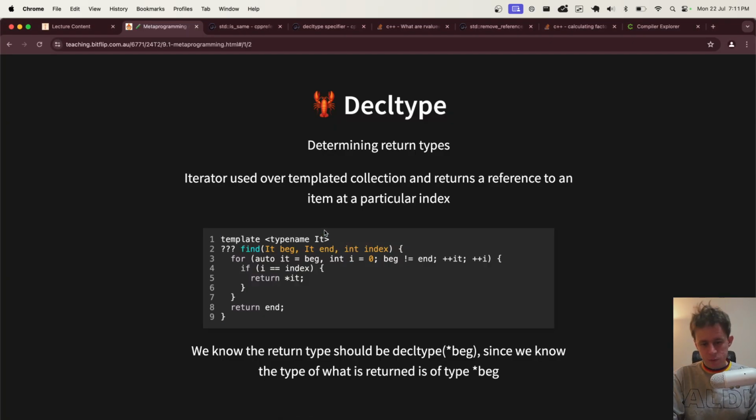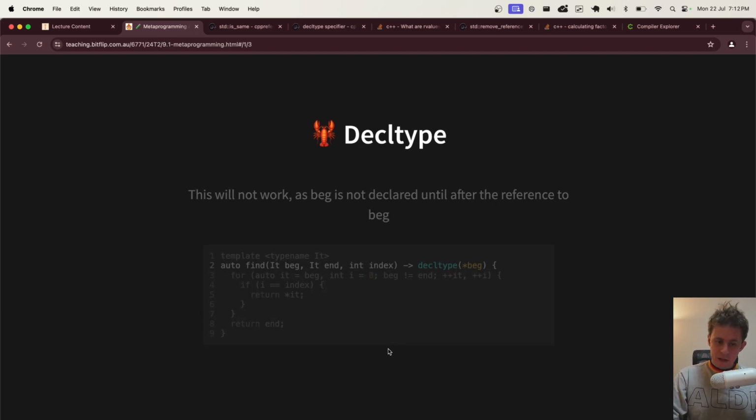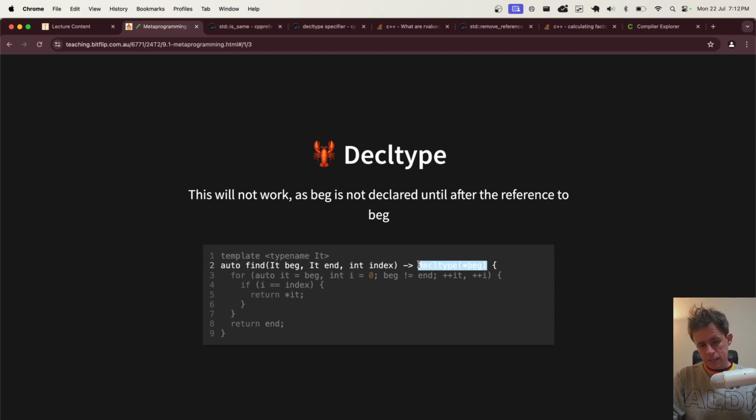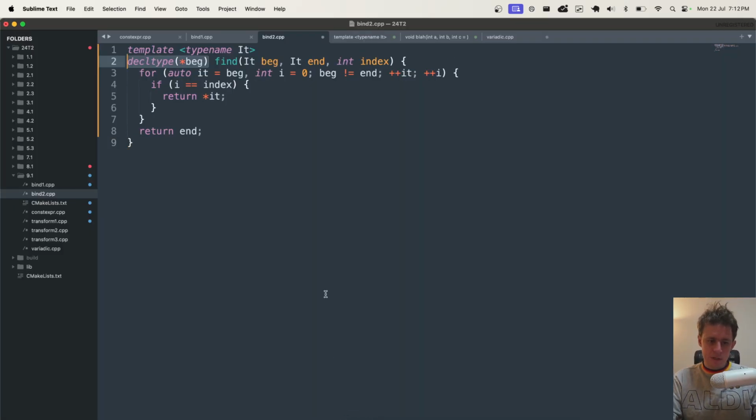Yeah, it is referring to the previous slide. It's not very well written there, I'll acknowledge that. It's basically saying, what's the return type of this function? We know it should be the declaration of the dereference of begin. However, that won't work as begin is not declared yet. So we have to use the new function syntax so that begin is declared at the end, to reference it at the end because the type is known here. Whereas the other way around, the type is not yet known at this point. The compiler would be like, I don't know what the name begin is. So that won't compile using the old function syntax.